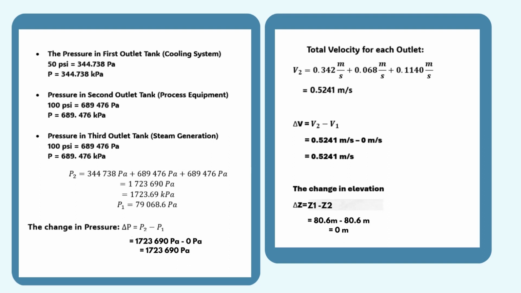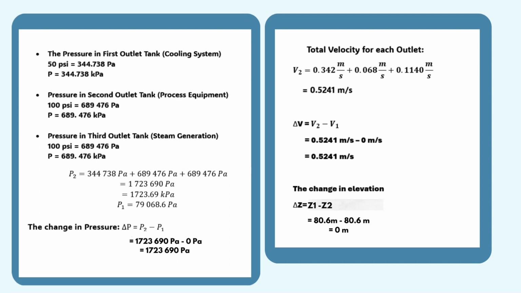And then we sum up all of the values, and then we will get the value for the pressure outlet, which is 1702.69 kilopascal. And the pressure inlet is equal to 0. And then if we want to find the change in pressure, just subtract the pressure inlet from the pressure outlet, and we will get